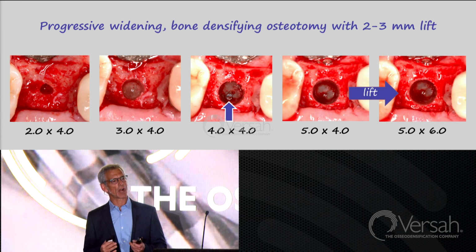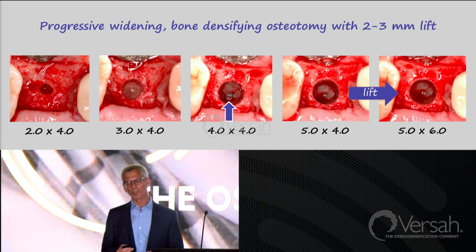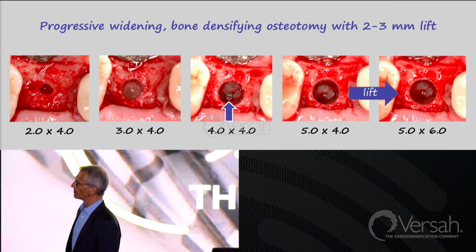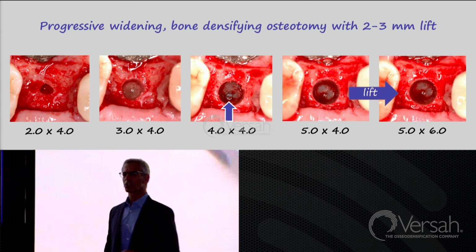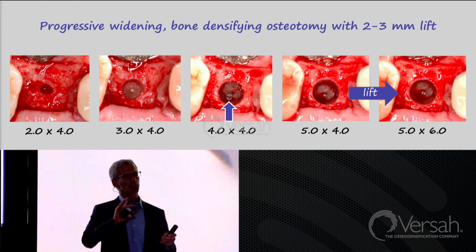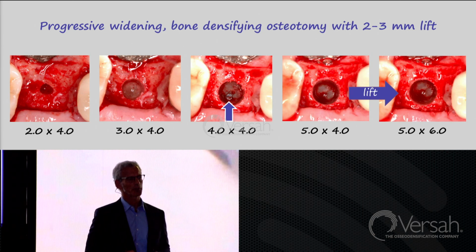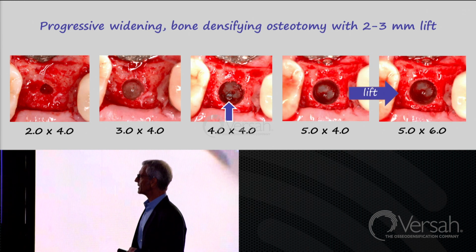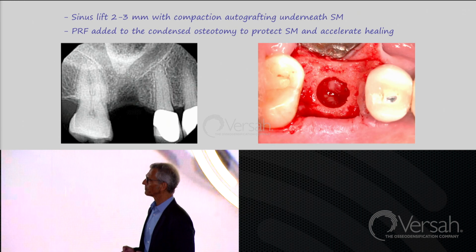Here I do progressive widening of my osteotomy, and there you could see when I'm at 4 by 4, you see the membrane? Doesn't worry me, because I know as I progressively widen this and I displace my bone apically, I'm not going to see that membrane. So I elevate at the 5 millimeter diameter phase,